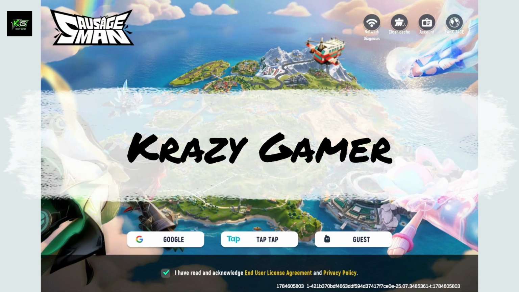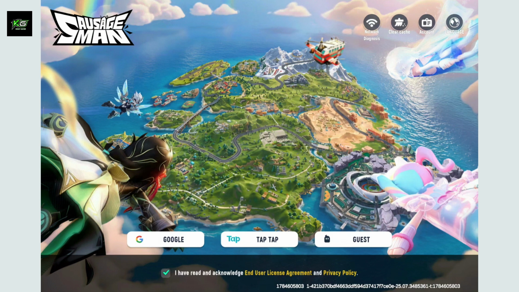In Sausage Man, if you're looking for a way to sign in with your TapTap account, first of all launch the game open on your device. Once you end up in this page, you'll see the TapTap option at the bottom center. Just click on that and then it'll take you to this sign-in interface or the sign-up interface from where you